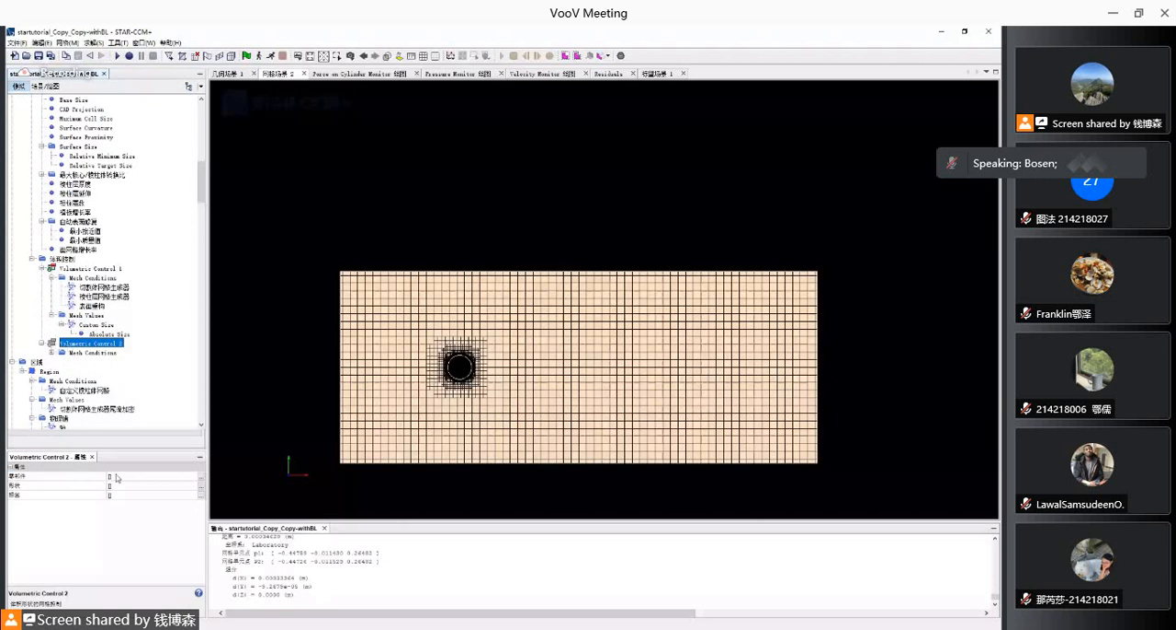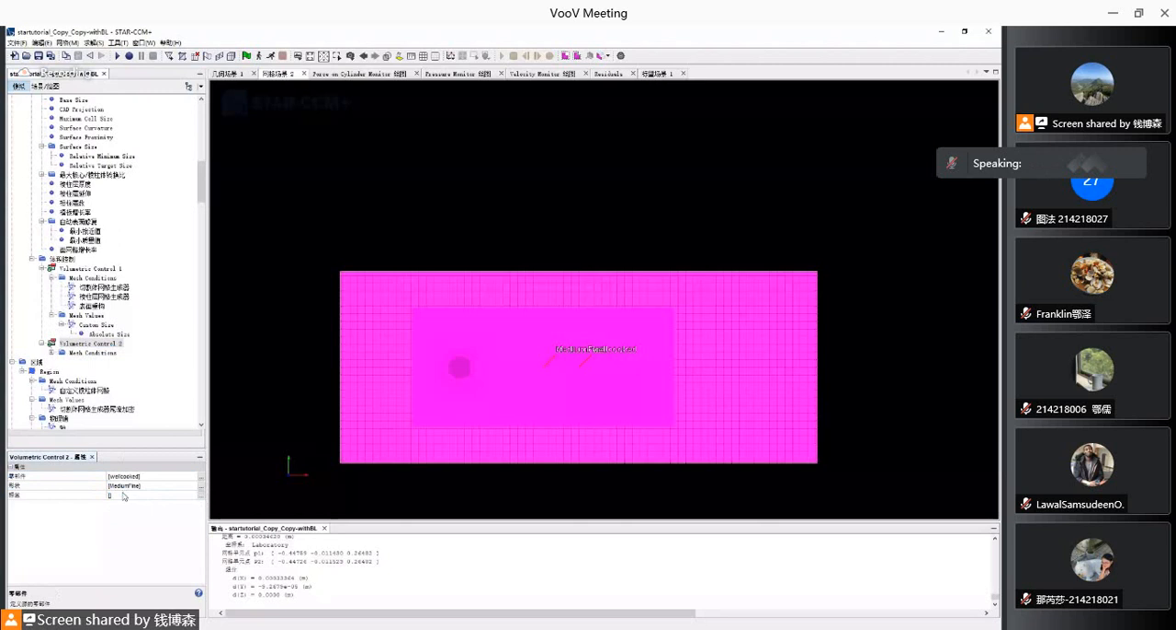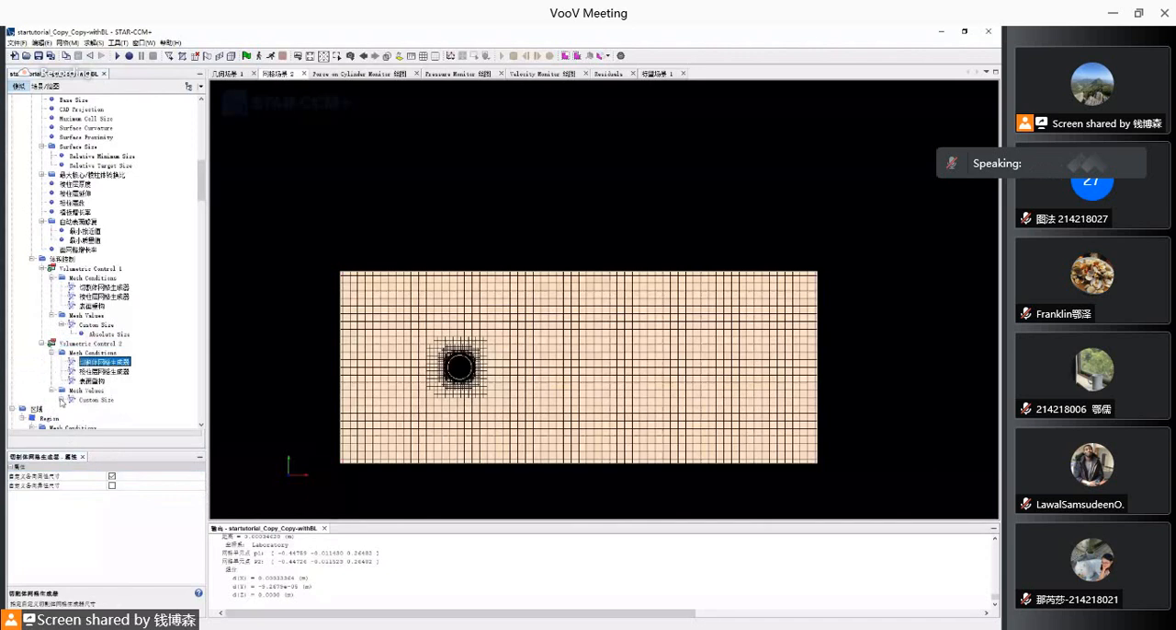Mesh condition. The other was 1, and this one, let's give it, I think 4 may be acceptable. Sorry, not 4 meters, 0.004